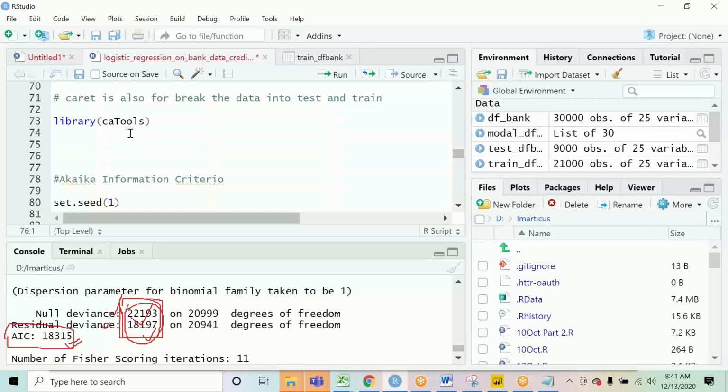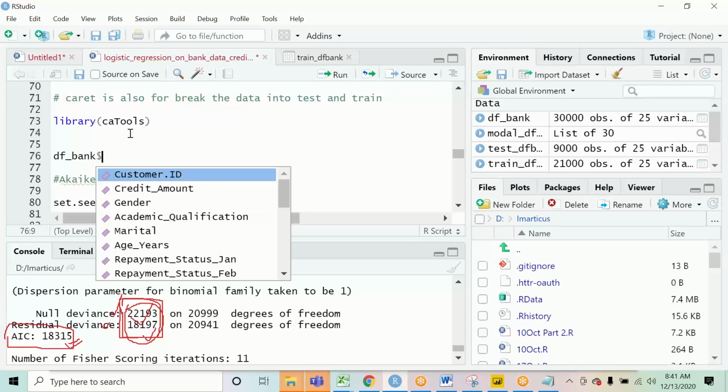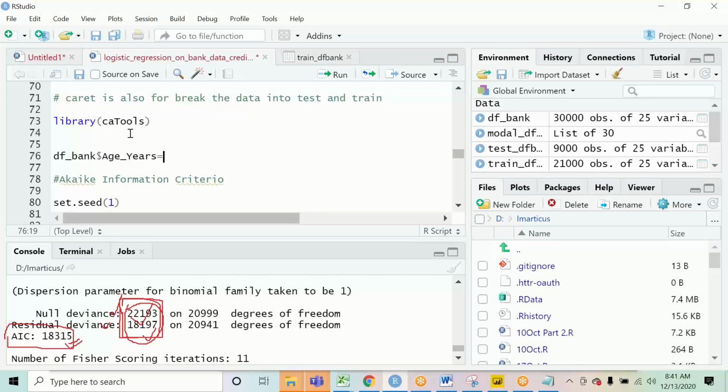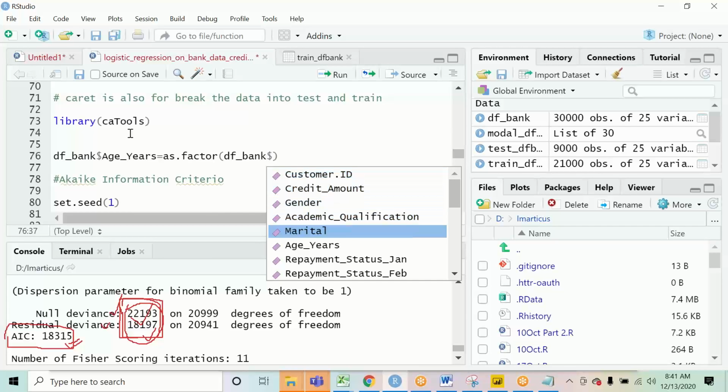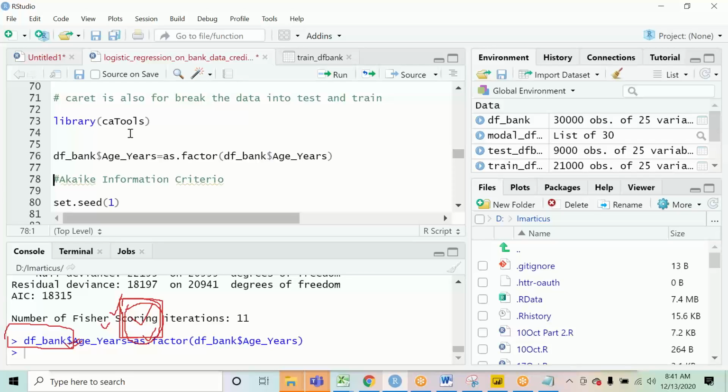If I write df_bank$age equal to as.factor(df$age), I have changed this variable into a factor. Now if you want to change it back into an integer, you can just change this to as.integer, so you change its type.